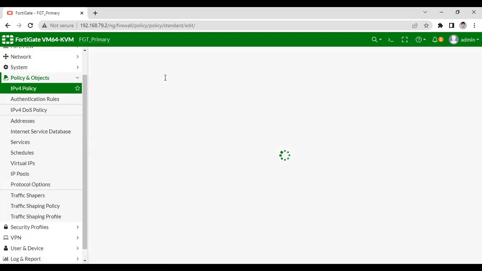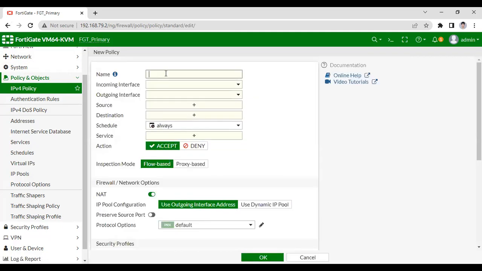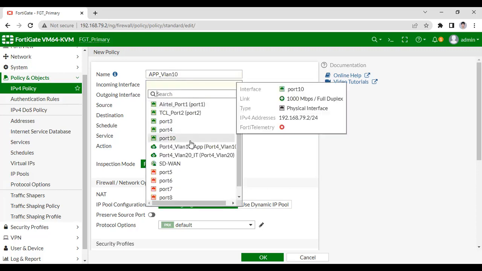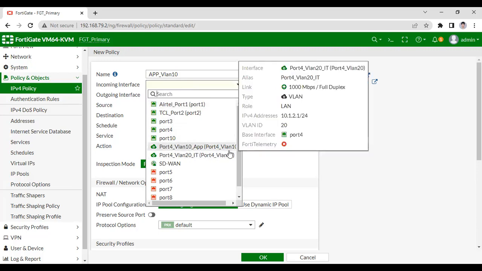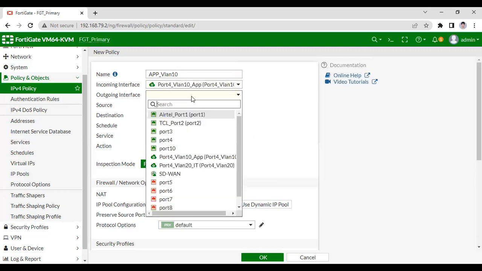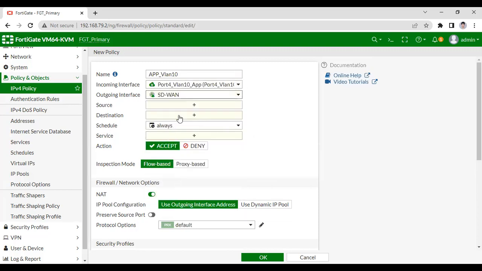So now I'm going to configure the policy for Airtel, for VLAN 10, which belongs to the application server. Sorry, the incoming interface will be the inter-VLAN routing interface, which is port 4 for VLAN 10, and the outgoing interface will become the SD-WAN interface.